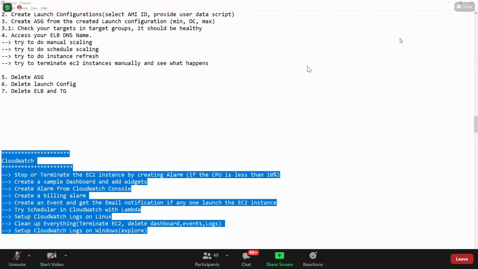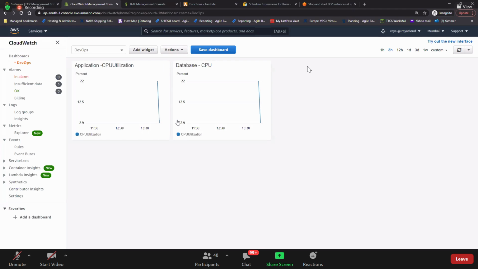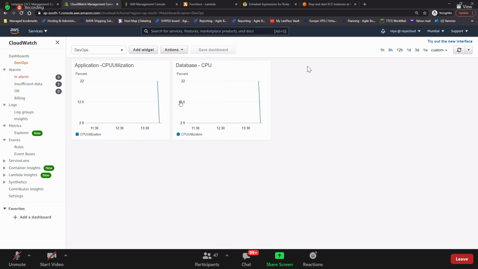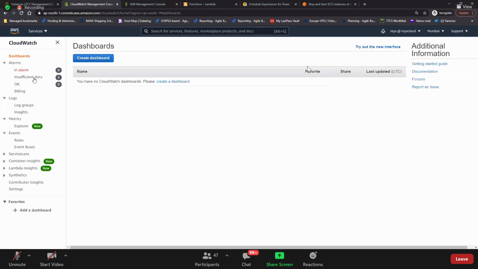Okay. So I'm showing how to delete, nothing simple. First you need to save the dashboard. So delete dashboard, delete the dashboards here, and delete the alarms. Okay, there are no alarms. Okay, insufficient here. Delete all of these.